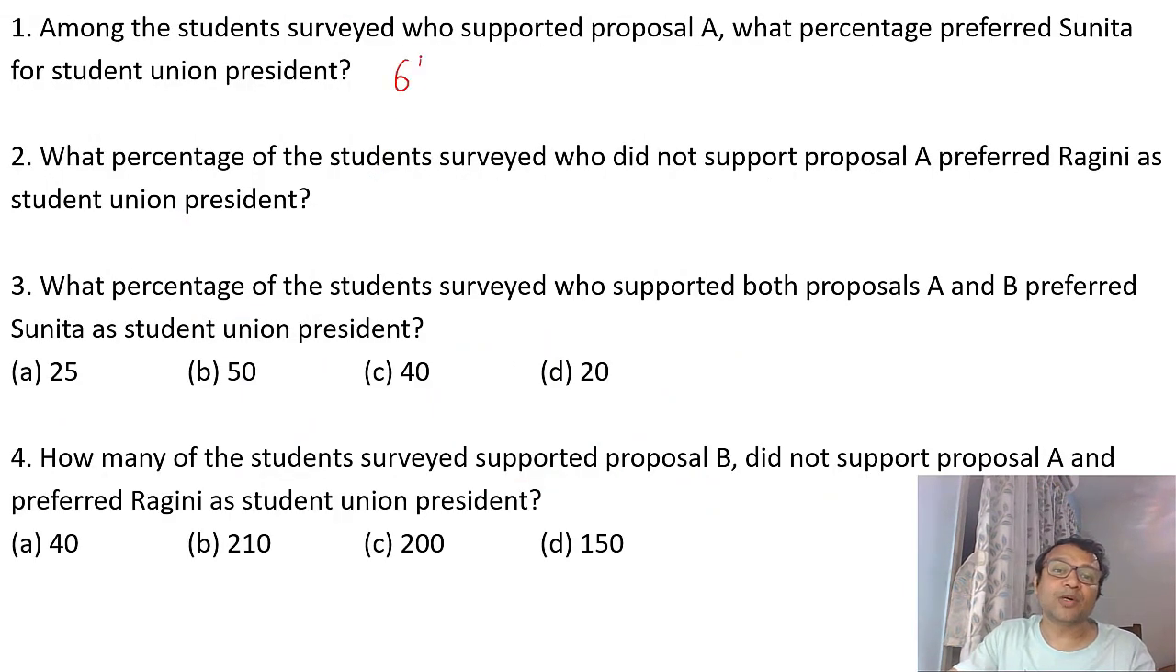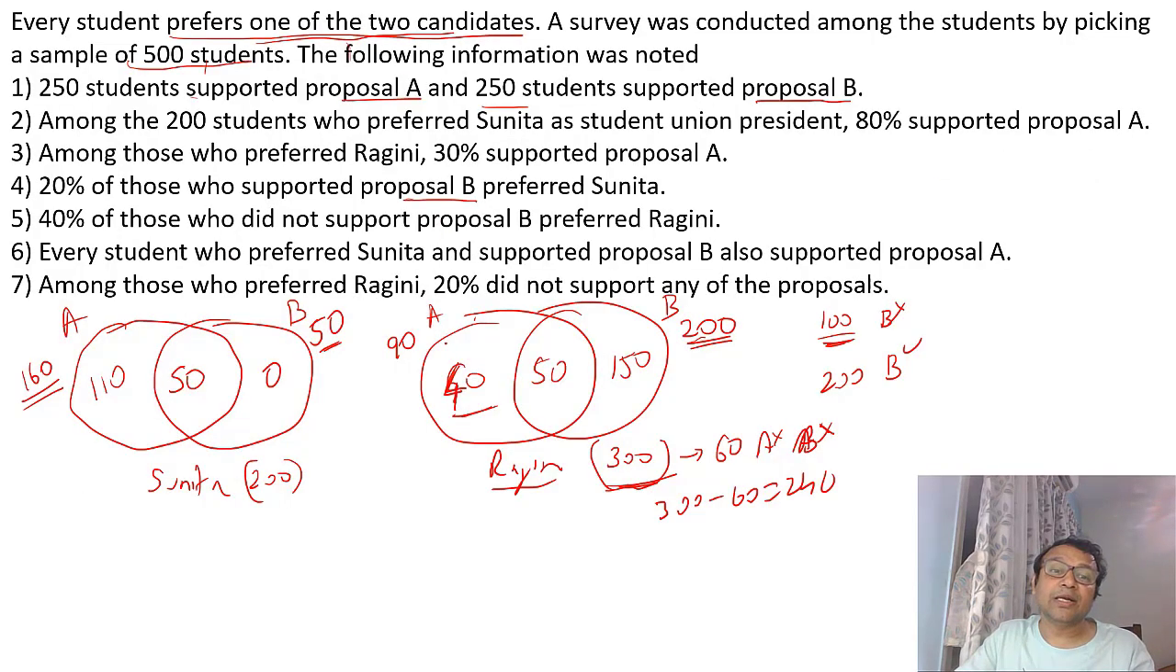Which comes to 64%. The percent of students surveyed who did not support proposal A preferred Ragini as a union president. So that means you can make out that 90 are the people who support proposal A and support Ragini. That means the remaining 210 do not support proposal A. So 210